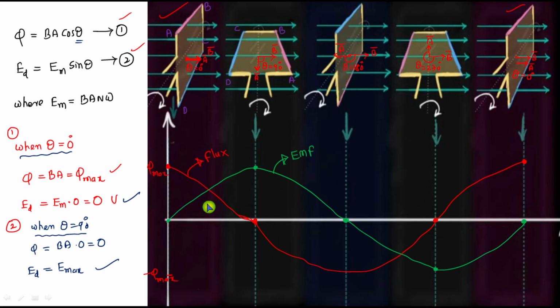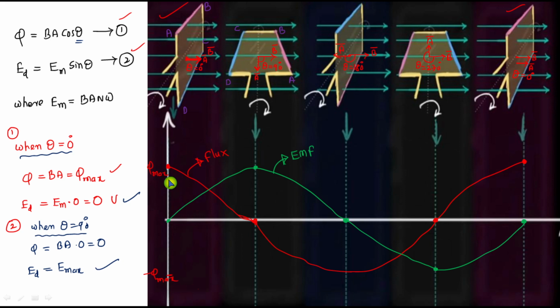What is Lenz's law? Effect opposes the cause. Here Faraday didn't bother about the magnitude or height of this flux. He should care about the direction, which is opposite to the change in flux. So he didn't bother about the height of the quantity, meaning the magnitude, whether it is flux or EMF. He should take care of the direction, whether it is flux or EMF, which is explained by Lenz's law.